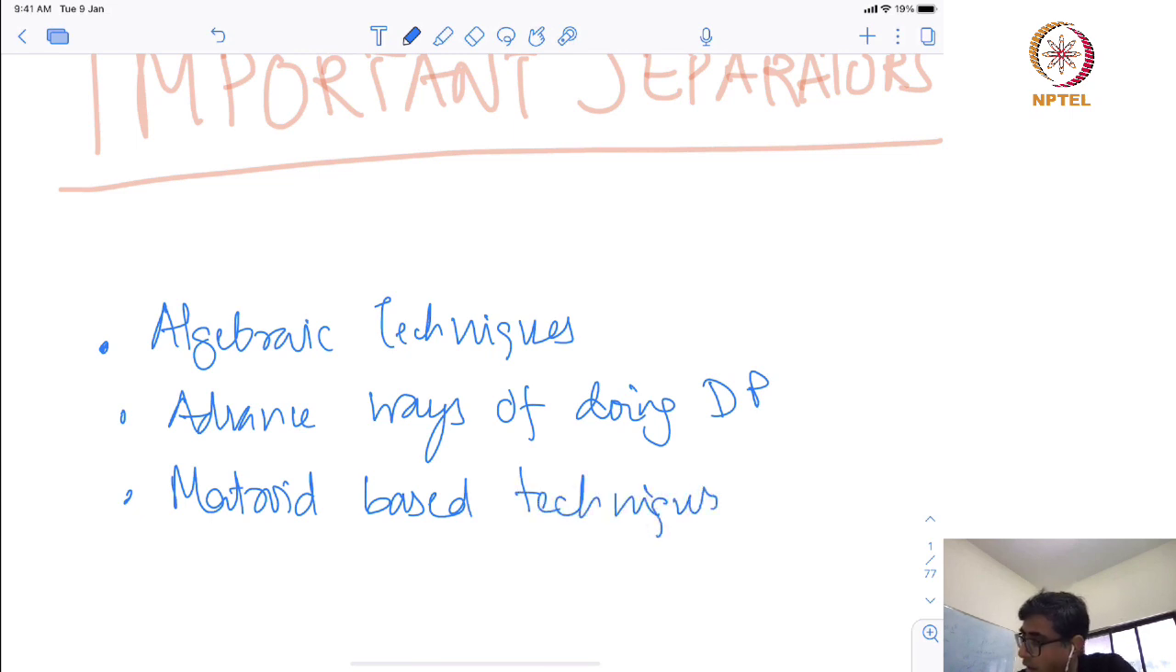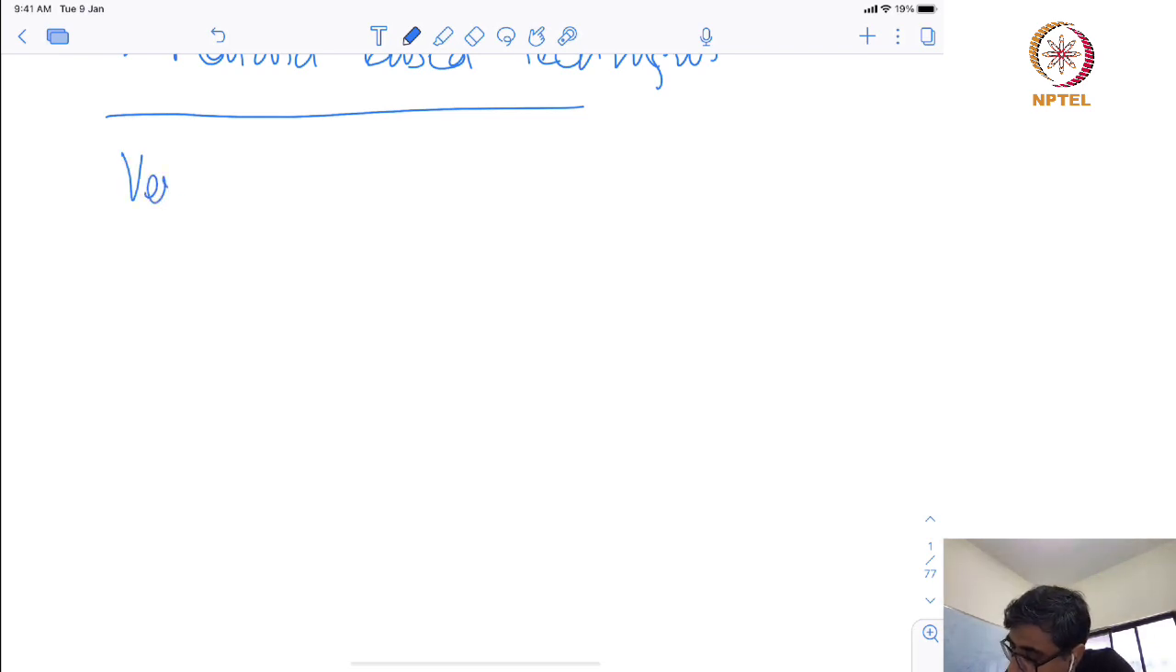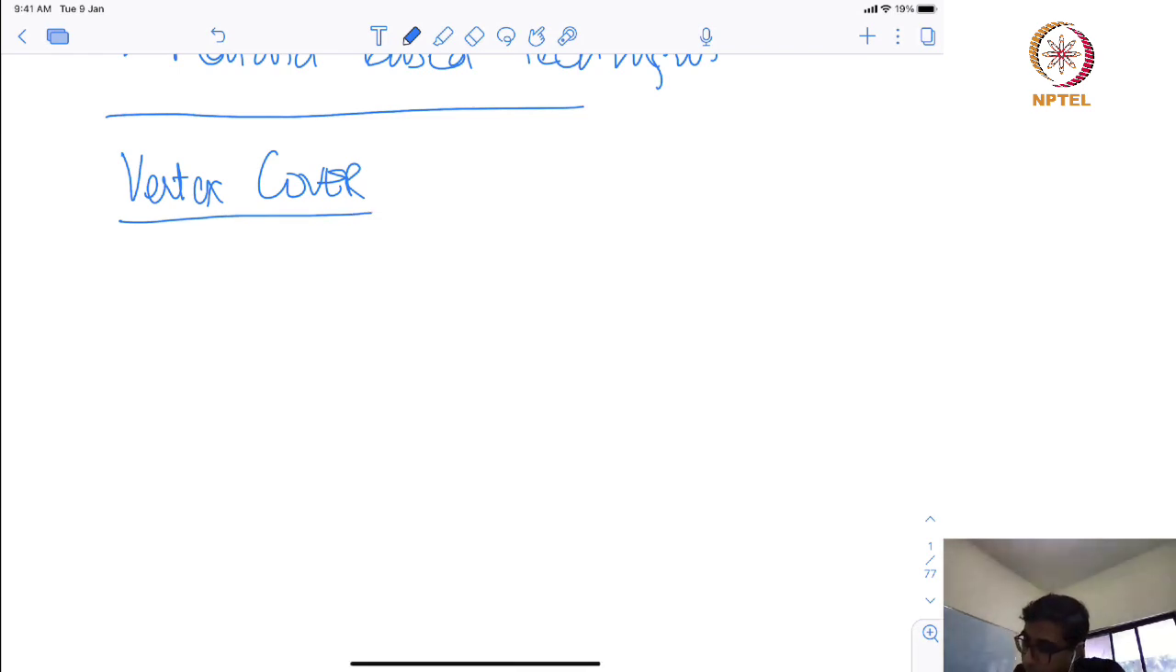Okay. So just to start with, let's start with an example. The tricks and techniques that I'm going to teach this week are about important separators. But before we even reach important separators, let's talk about vertex cover. So what is a vertex cover? The input is G, k,